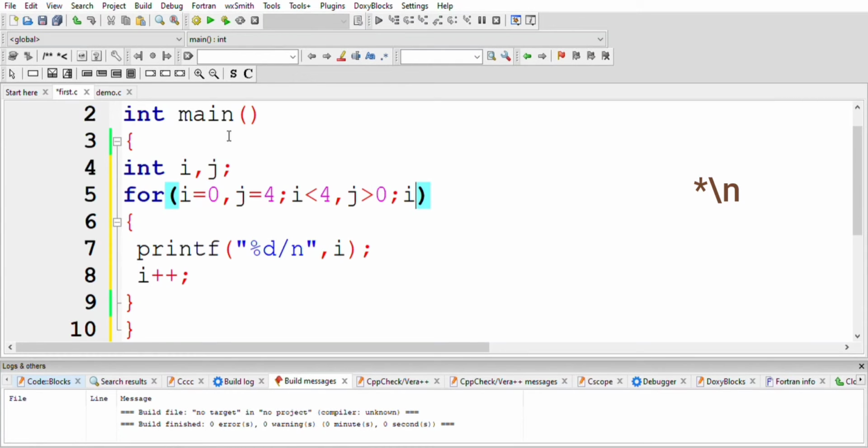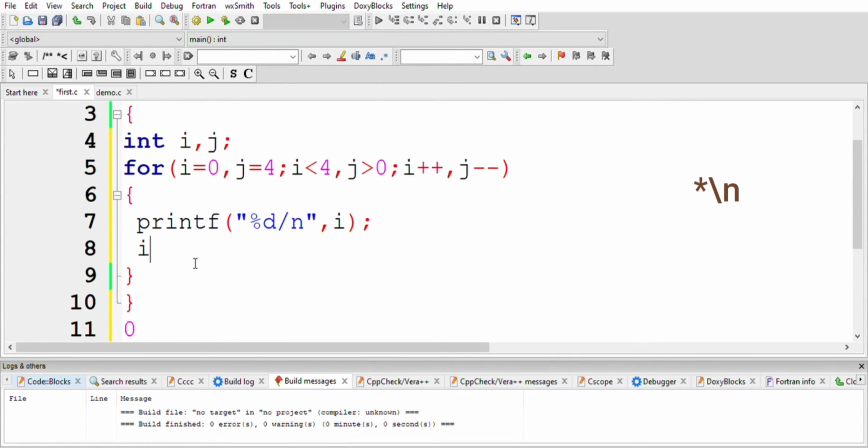Then I use post increment, and post decrement for the other. When you use more than one initialization, condition or increment, you have to separate them by commas, then put the semicolon as per the for loop syntax. Now we'll see the program output.